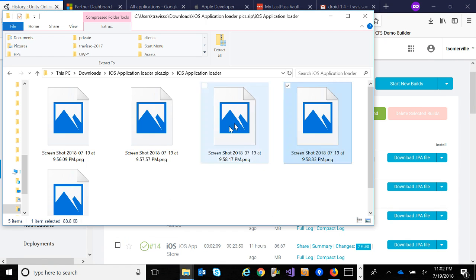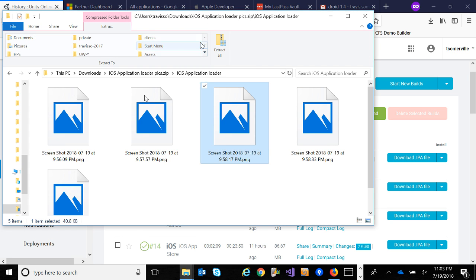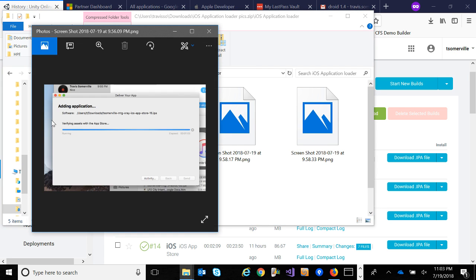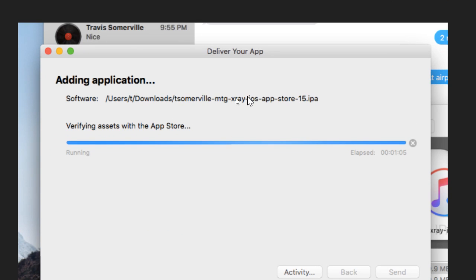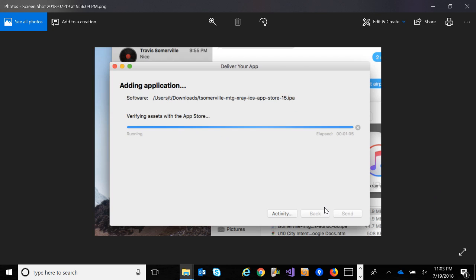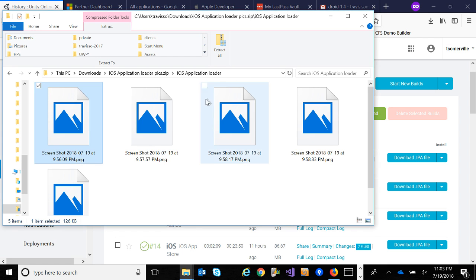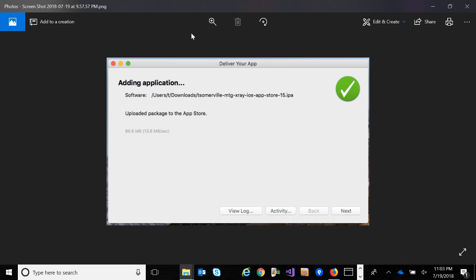And then the next thing you'll see is a screenshot like this. Nope, sorry. Screenshot like this. Basically saying, hey, we're uploading your virtual assets to the store. See, this is the file that I uploaded. It'll look like that. So you'll see something like that, but it'll be your version, and you'll just wait for that, and then you'll hit next, and then you'll see this,